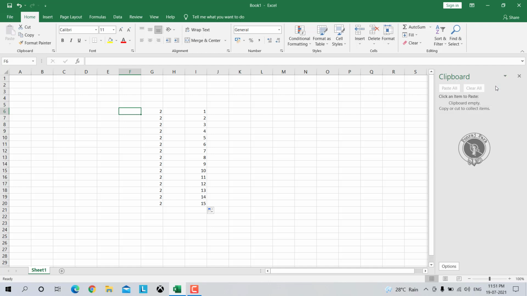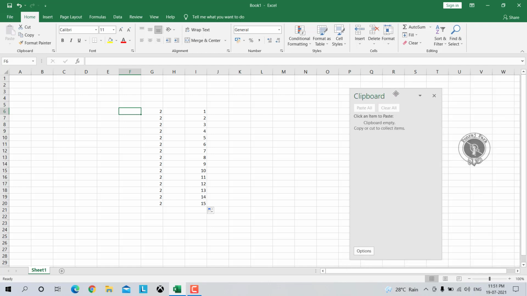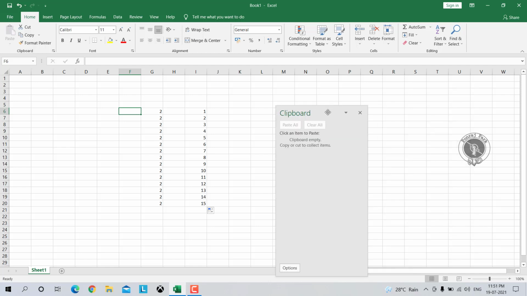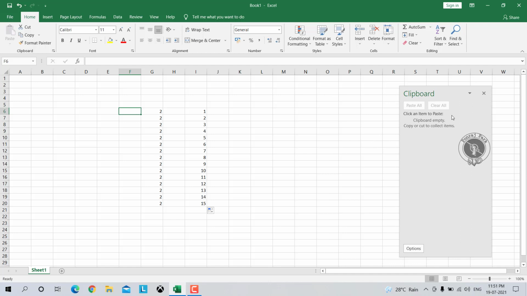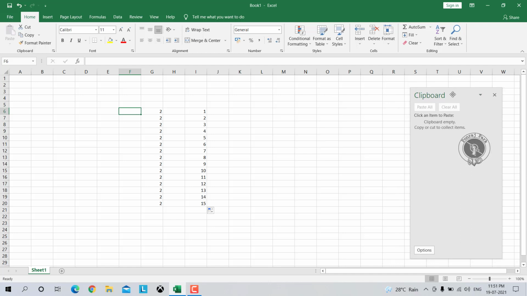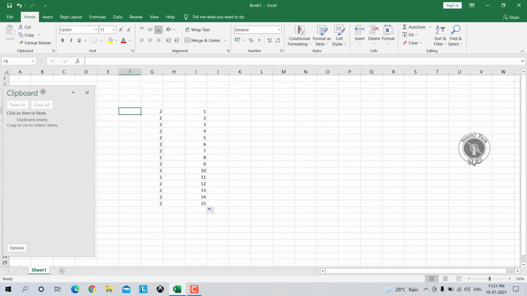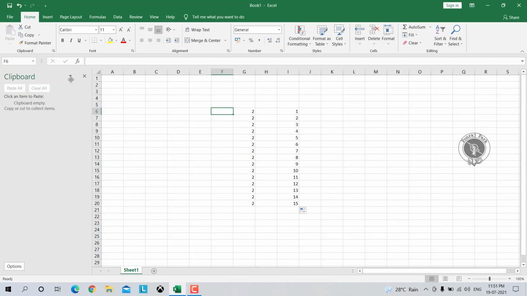If you click on Move again and want it to be just like a pop-up, you can leave it as it is. And if you want to take it to the left side again, click on Move, take it to the left-hand side, and it will get attached to the left-hand side.